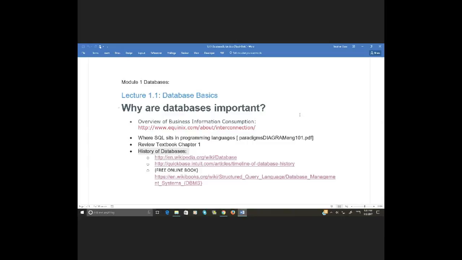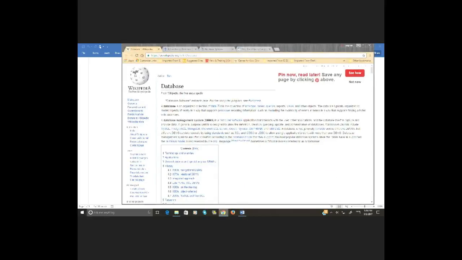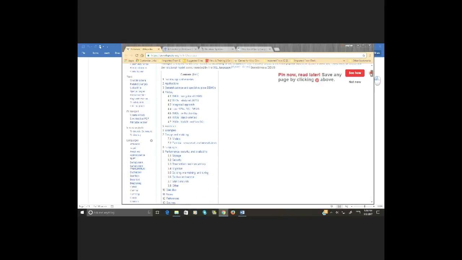Now, history of databases. Let's go out and take a look at a couple of sites that I have lined up for us to take a look at, just to give us some background on how businesses began to develop and store information. So my first one here, I love Wikipedia. It seems like it's the only encyclopedia that can keep up with the volume of data on the internet. And at Wikipedia, what they say here is that a database is nothing more than a computer software that stores information. They go through things like 1960s, the 70s, oh my god.